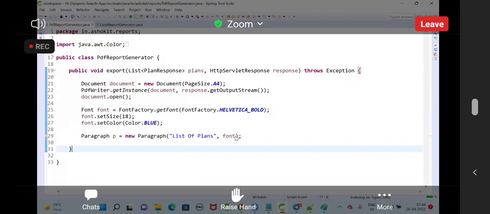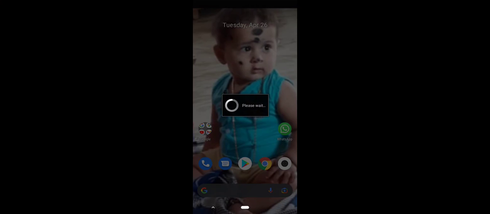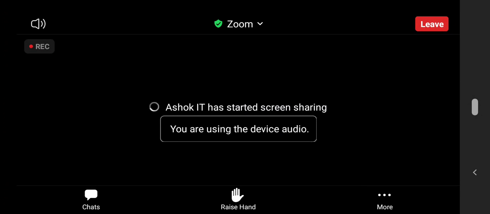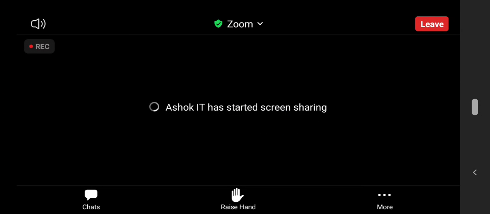This font means style, size, and it will be aligned in the center.